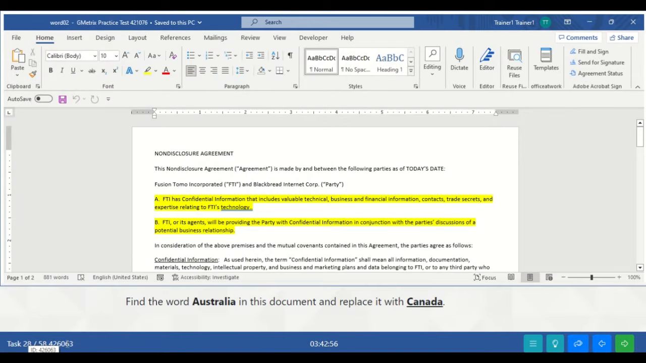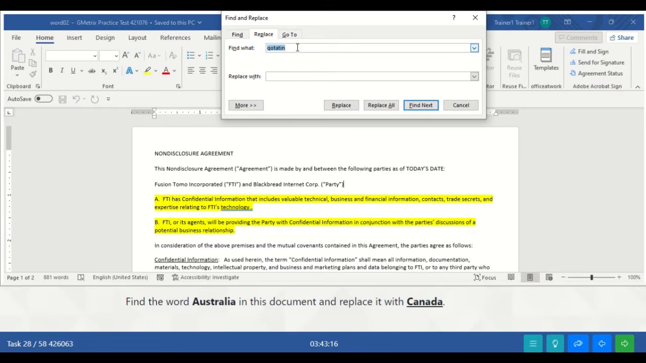Task 28. Find the word Australia in this document and replace it with Canada. So to do this, you go to the Home tab. In the Editing group, you select the drop down arrow under the Editing command. Then you select Replace. And here you type